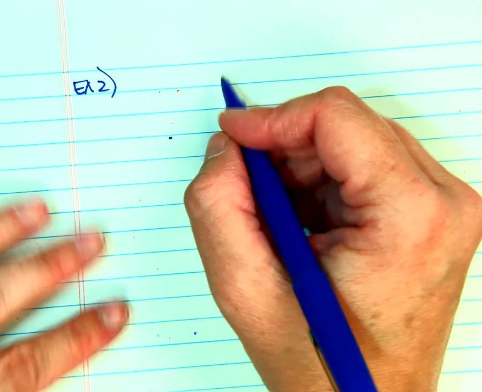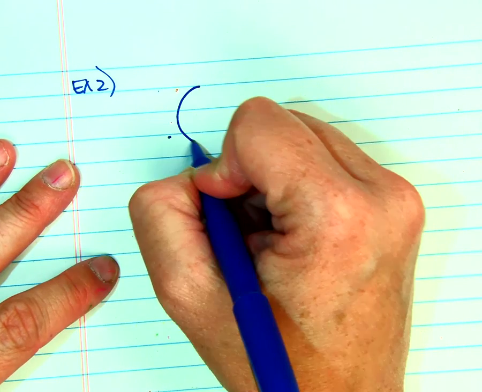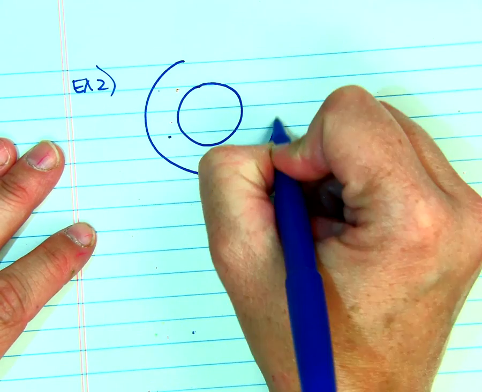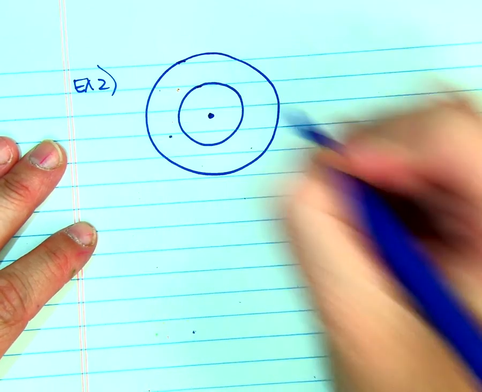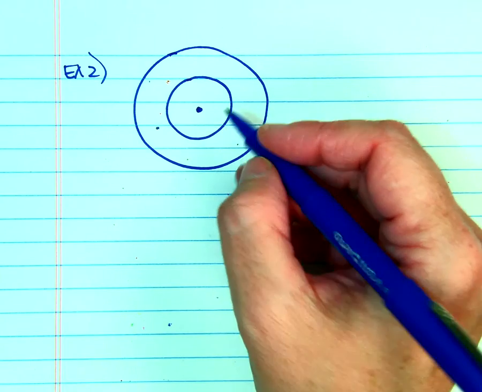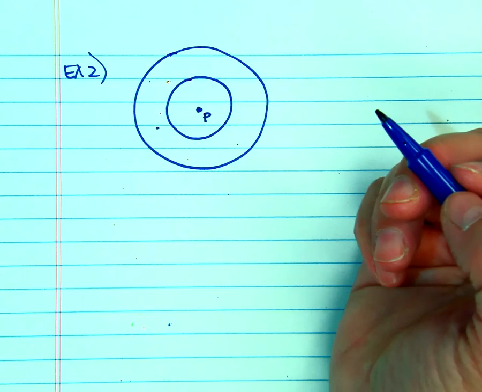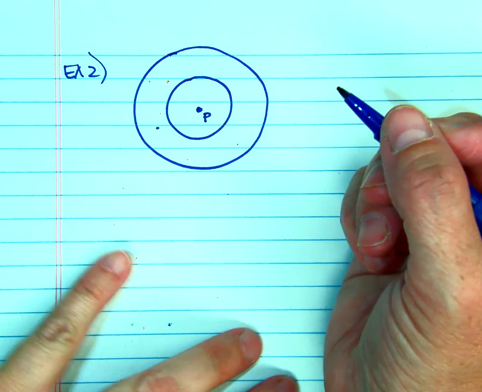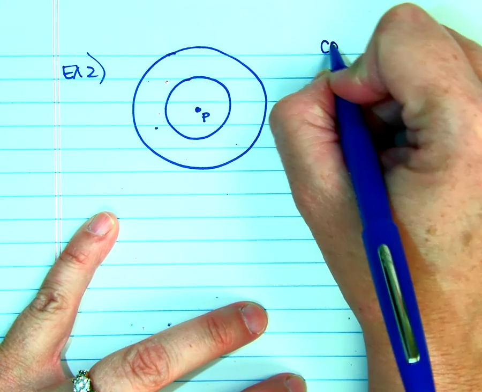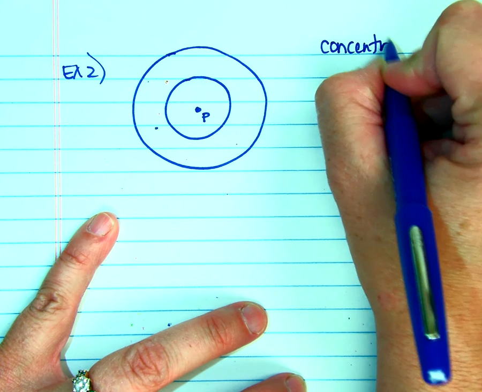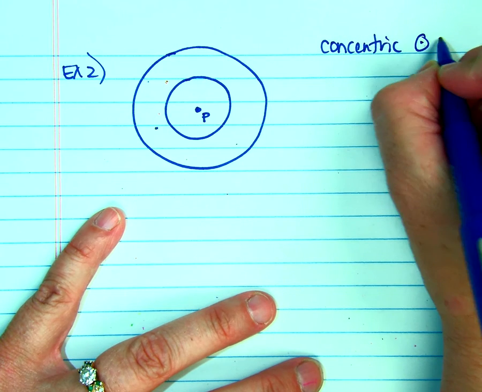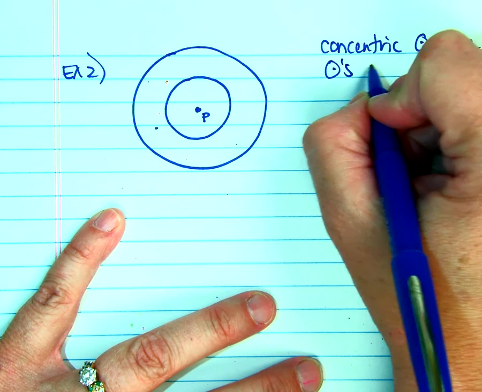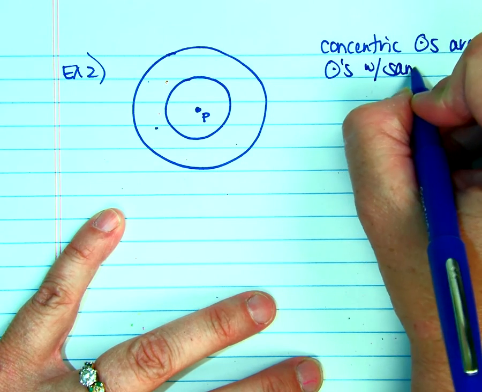So if I have a circle inside of a circle, okay, so we're going to make this circle P. So these are called concentric circles. So concentric circles are circles with same center